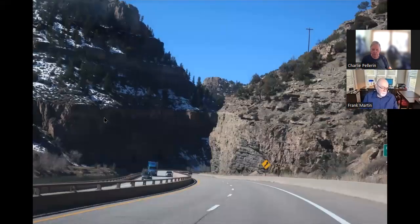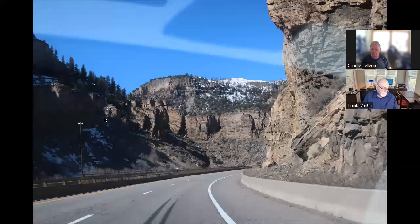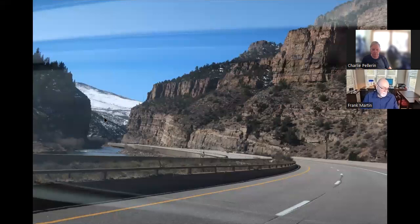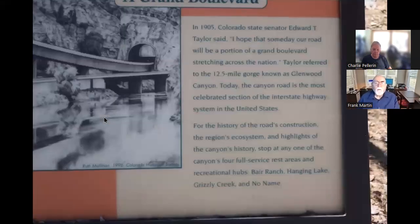And we're in the canyon now, and you can see there's two levels to the road. You can see the difficulties of constructing this road through here. That's the Colorado River there. And we stopped at a little stopping place and had this sign. In 1905, Colorado State Senator hopes someday our road will be a portion of a grand boulevard stretching across the